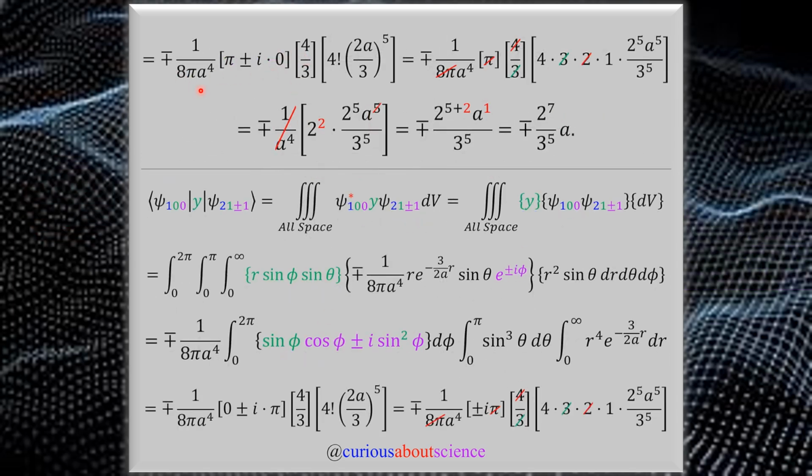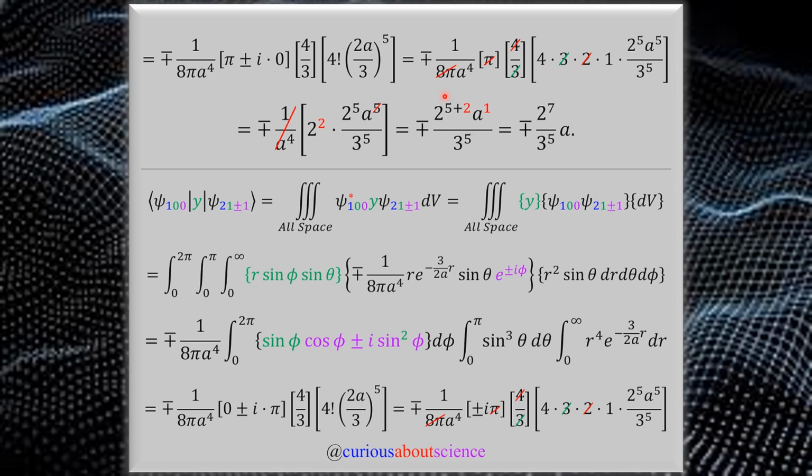All right, so the phi integral, the cosine squared gave us a pi, cosine sine, that gave us an i times 0. Perfect, get rid of that thing. The theta integral for the sine cubed gave us a 4/3, and then we use the chart in the book, or an integral table, to find what this exponential integral is. So that was 4 factorial over 3 to the 5th power. And then we see, just expanding the factorial and distributing the 5th power into each term,